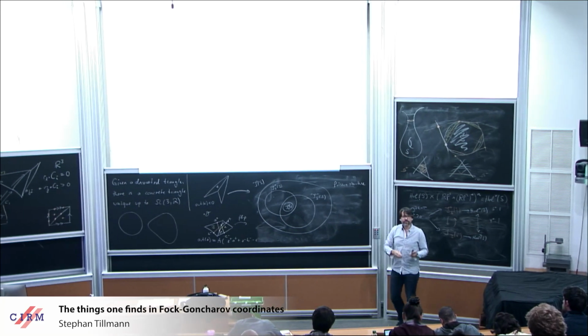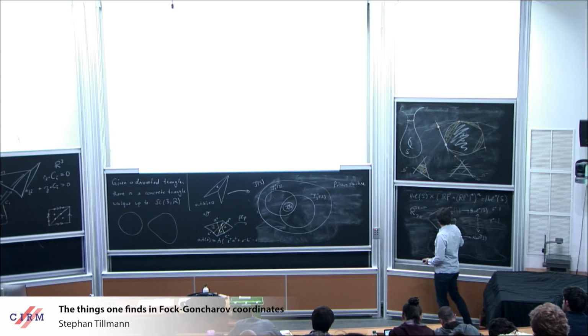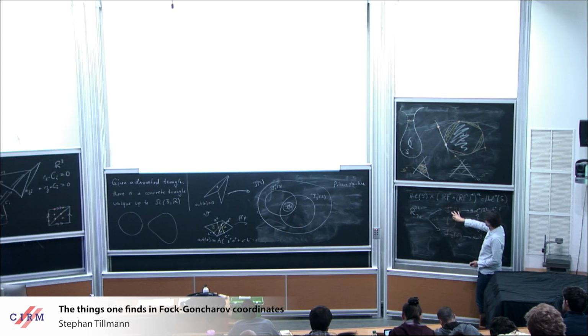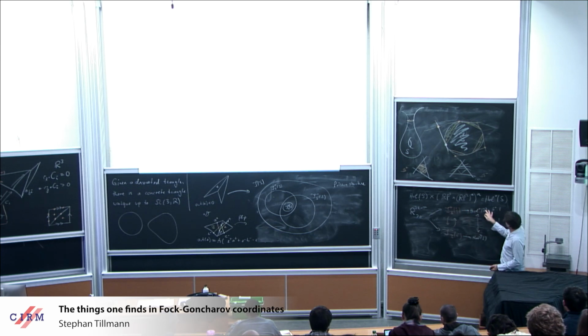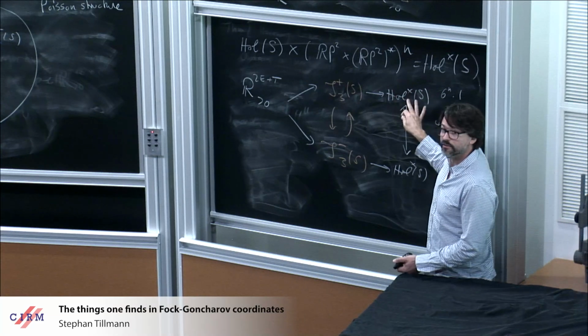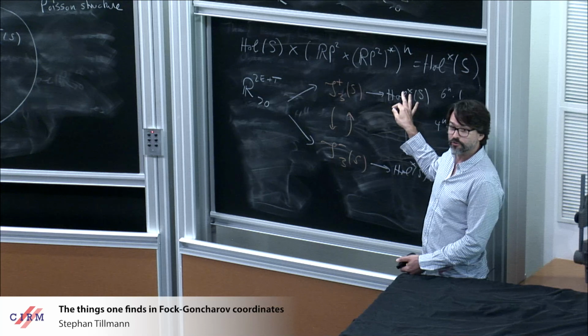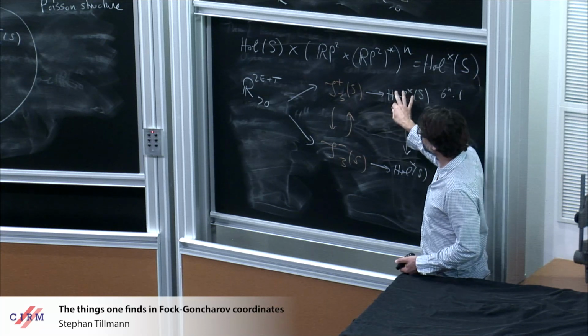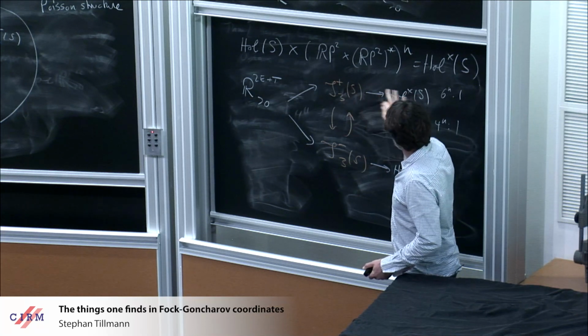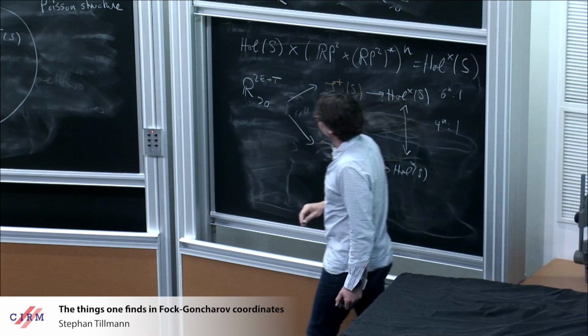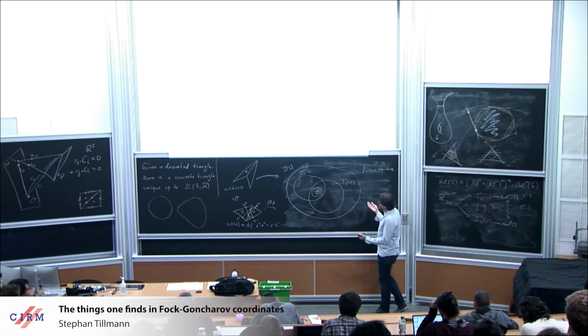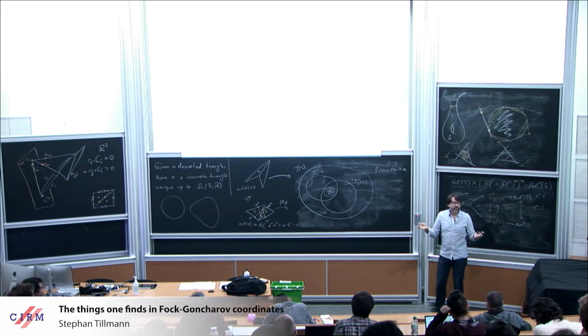And this Poisson structure, so I said you have a Poisson structure here, yeah? But this actually is compatible. It agrees with the Goldman bracket. That's mentioned in one of the earlier talks, yeah? The Goldman bracket here. And so that makes this a Poisson map. And this Poisson structure you can then use to distinguish, for instance, between the moduli spaces of different surfaces,